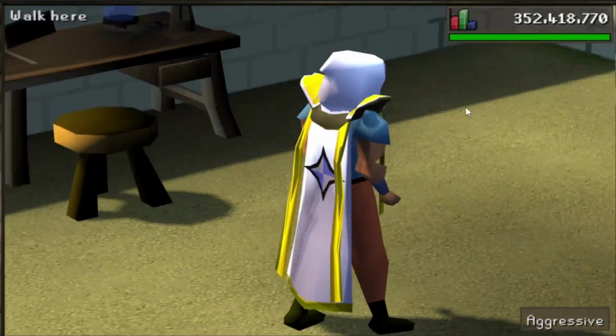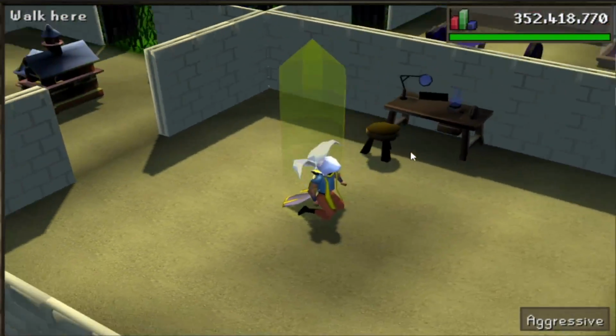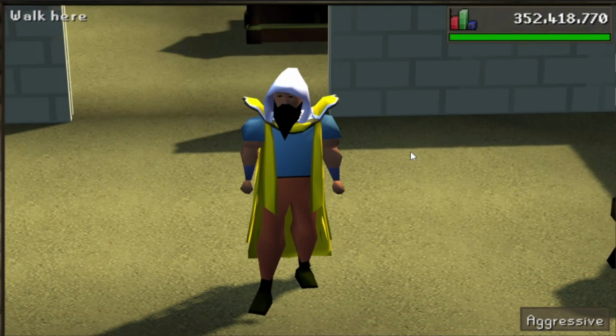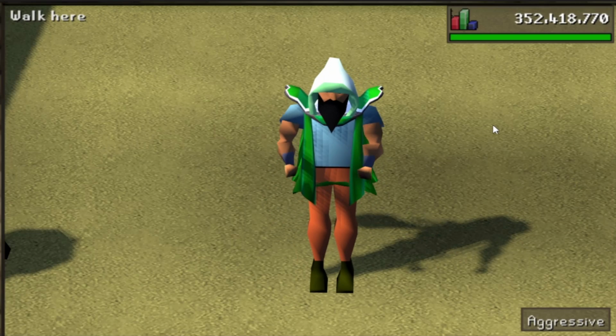But yeah, 99 prayer is a beautiful looking cape, and one of the best and coolest emotes in the game in my personal opinion. You literally fly into the sky. At this point we were maxed combat. I was feeling so good at this point that I went ahead and got myself the